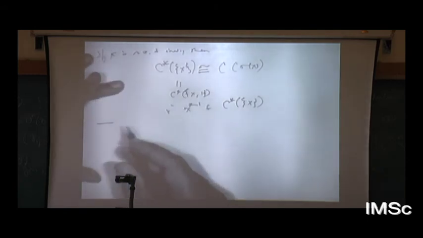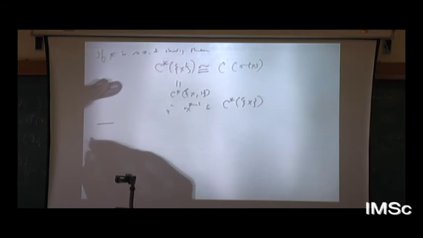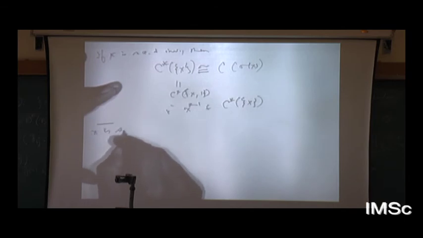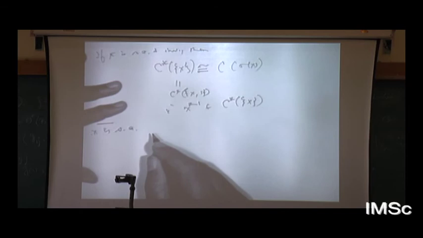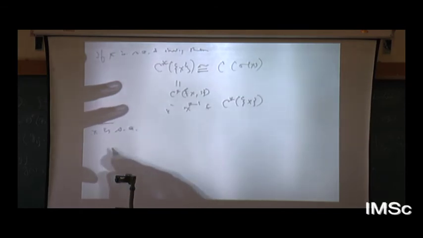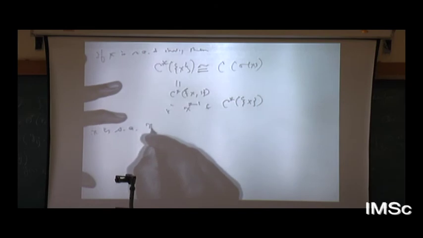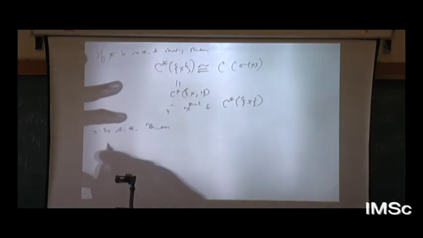That is, for example, assume x is self-adjoint. So then, what is the assertion is that there exists